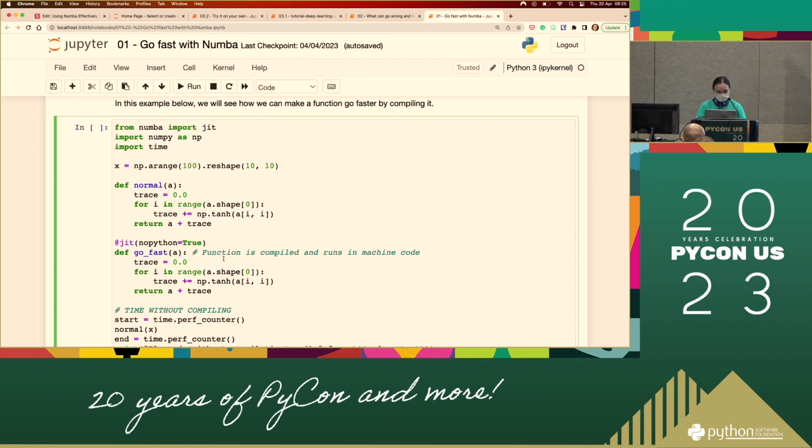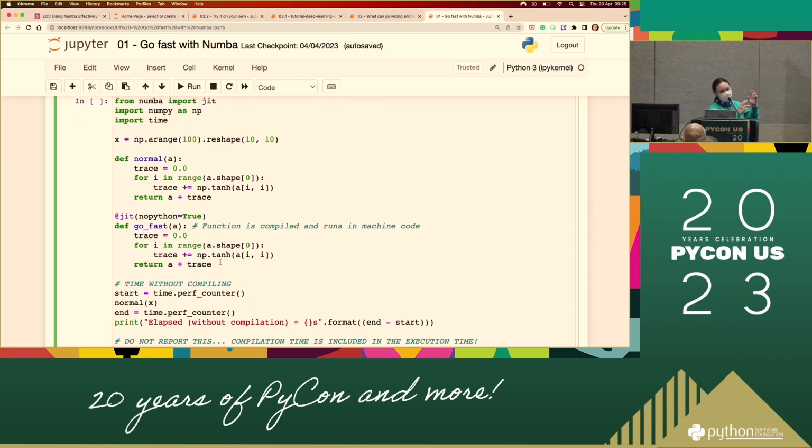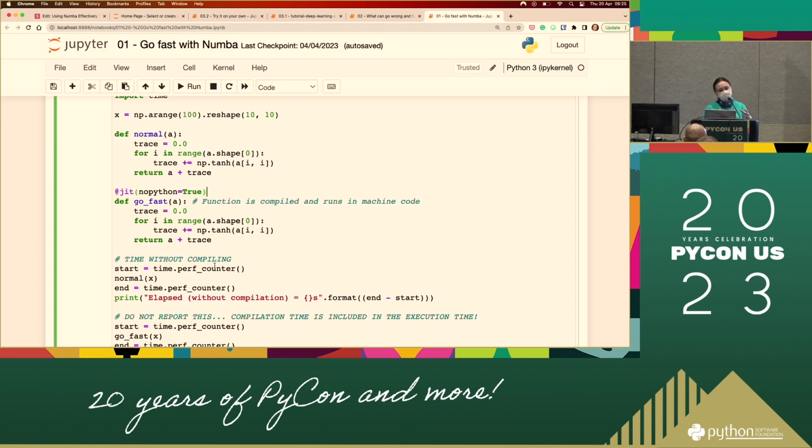People asked me before, what if I have just a bunch of code? Well, you have to wrap it in a function. Maybe you can kind of turn it on and off, but the most official way is to use the decorator. You have to wrap your process, your calculation, whatever, in a function.